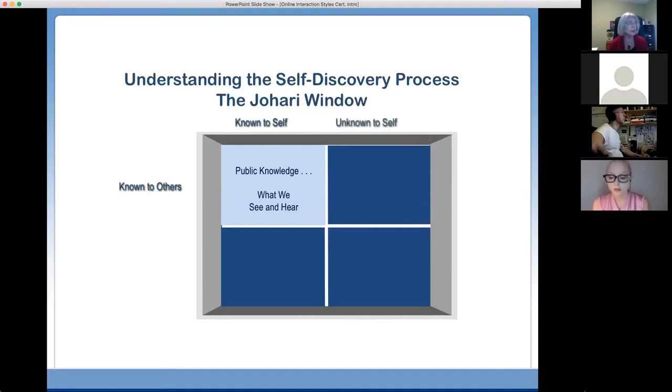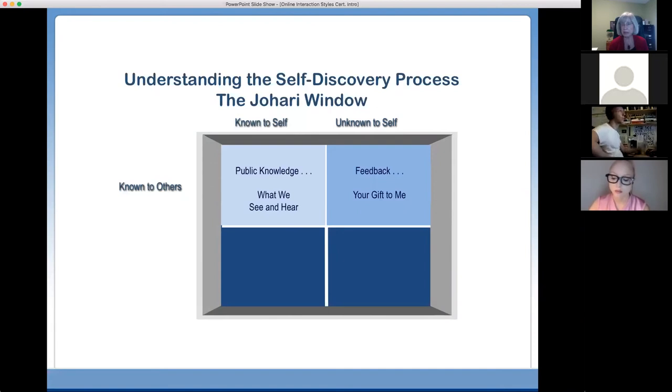let alone accept. Unknown to self and known to others, well, there are some things we don't know about ourselves. Some things that we just take for granted and we assume everybody does it. So that is this area which we call feedback, because that's how we learn about ourselves. We learn about ourselves through interacting with others. So if we have the feedback from others, then that is a gift that someone can give us. And remember, that feedback always comes through their lens just as much as through being accurate. So it's important to consider that it's a gift and to take it in, and then you decide if it